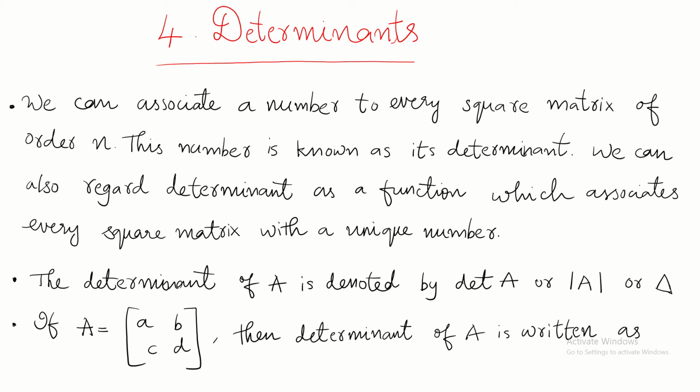So in this chapter, you will be studying how to find the determinant of a 1 cross 1 matrix, a 2 cross 2 matrix, that is 1 by 1, 2 by 2, and at last you have to find the determinant value of a 3 by 3 matrix. It's a bit lengthy chapter, like matrices was. So here you should be thorough with the calculation.